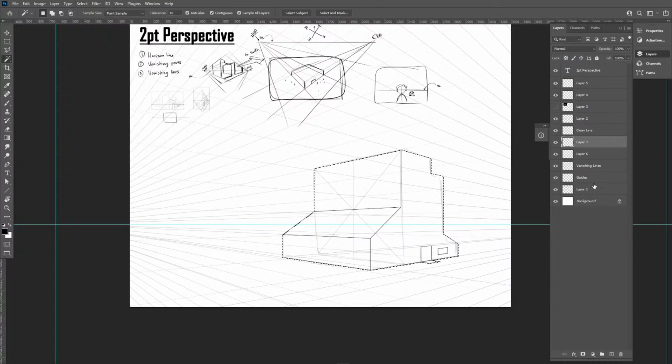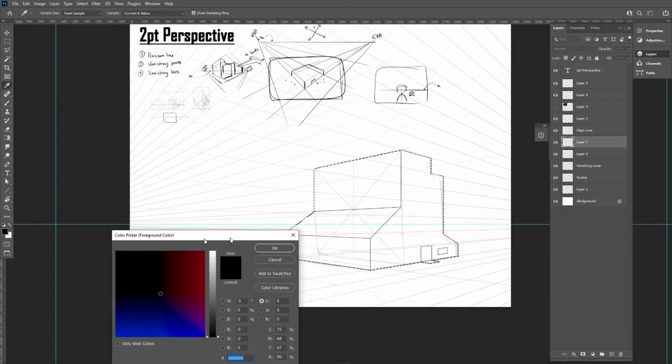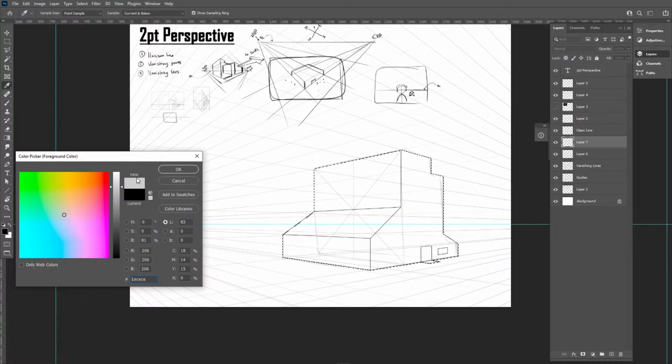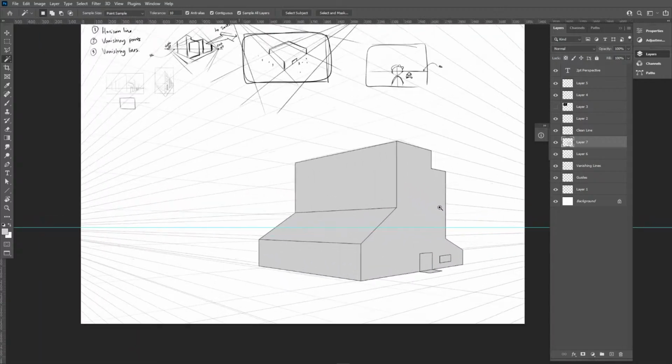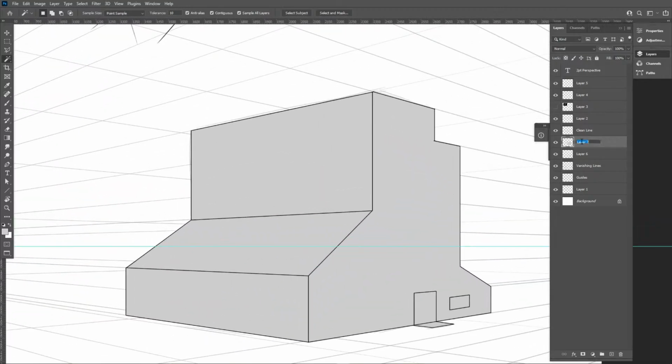And then I can choose a color, hold down the Alt key, press backspace, and just fill with that color. I'll call this my building flat,